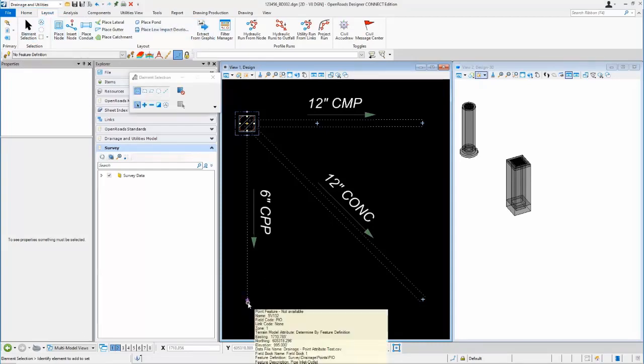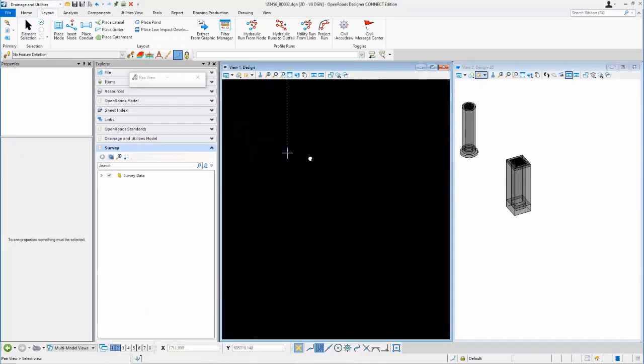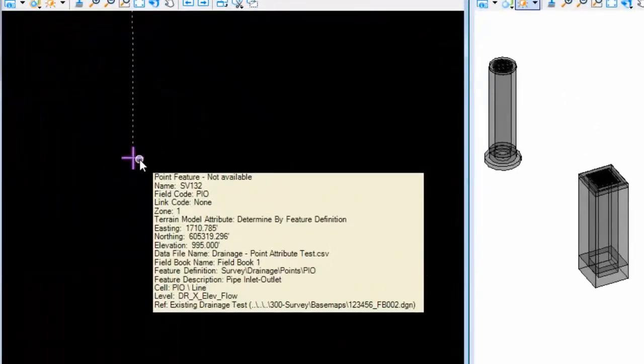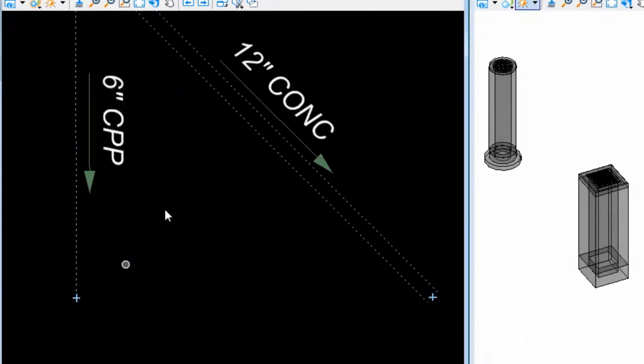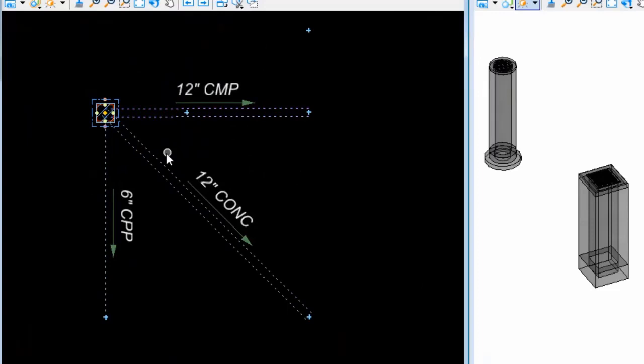The point or the cell that's used for these, you zoom in on that a bit. Third item down is the cell name is PIO. So for those points and also for the 4 direction only and then the flow line of the structure, those were using the same cell. There was a survey point cell, SVPT, and I couldn't use a filter since they were all the same cell.